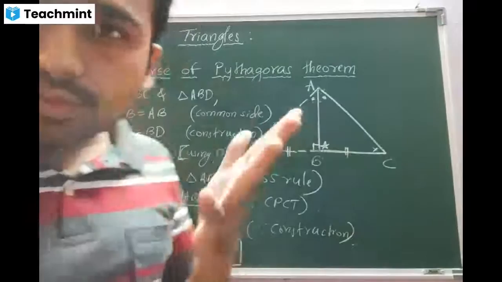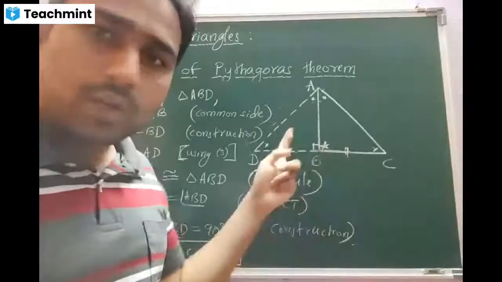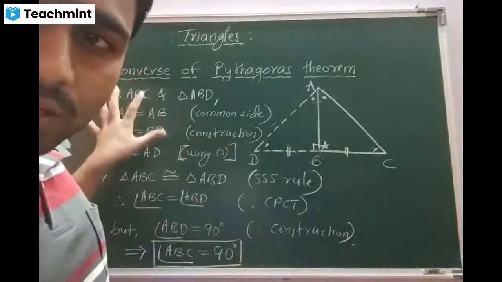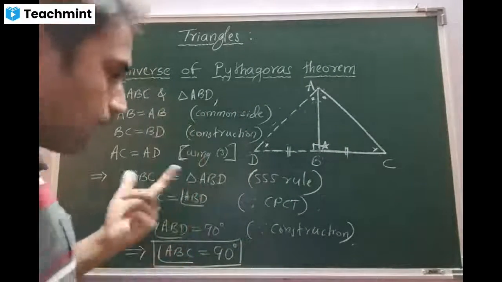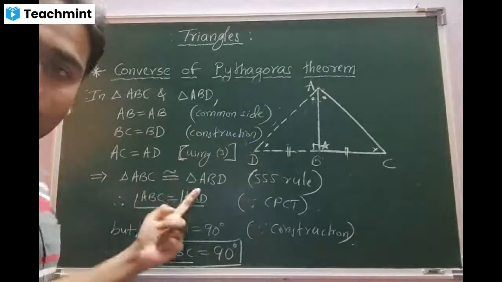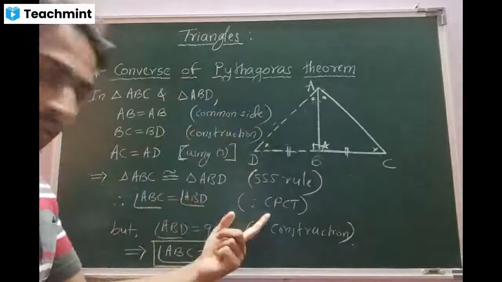Yes, sir. Then I went for both the triangles at a time, ABC also, ABD also. I listed the three sides equal to the three sides because of various reasons. And finally, I arrived at the result. They are congruent to one another according to SSS rule. Then I have written the CPCT.